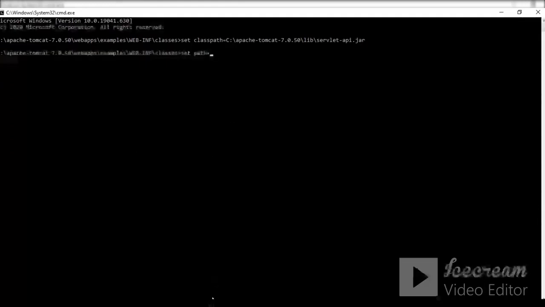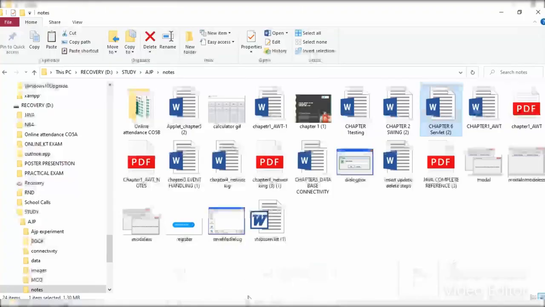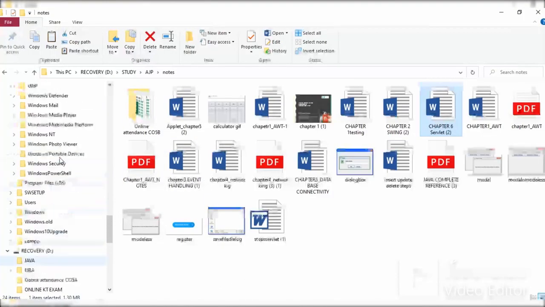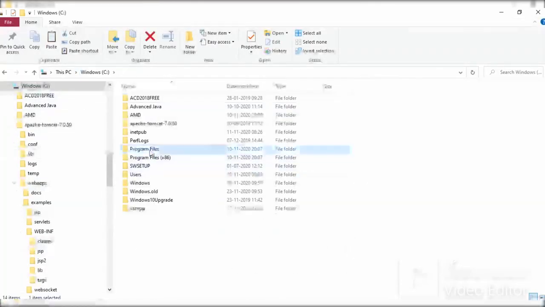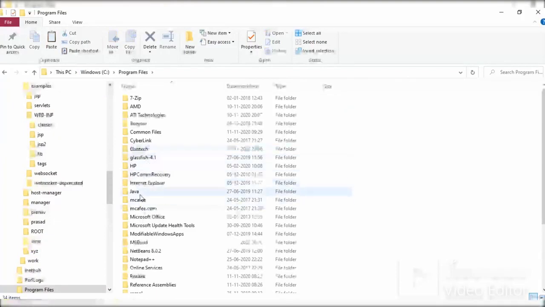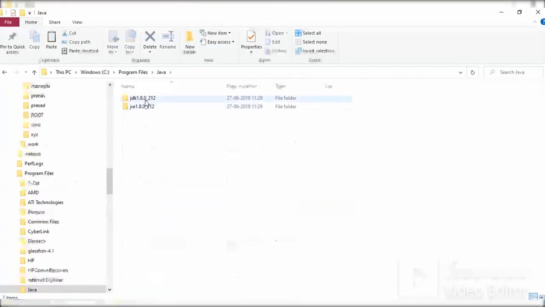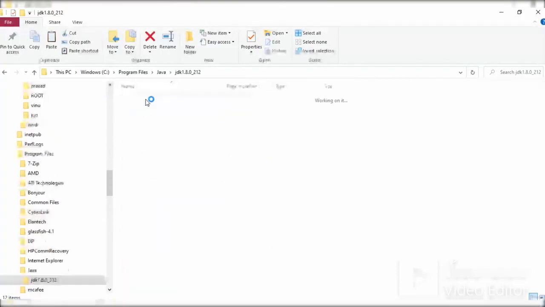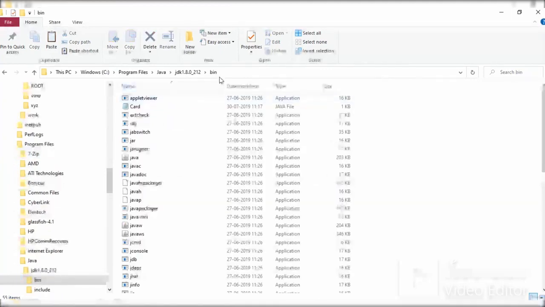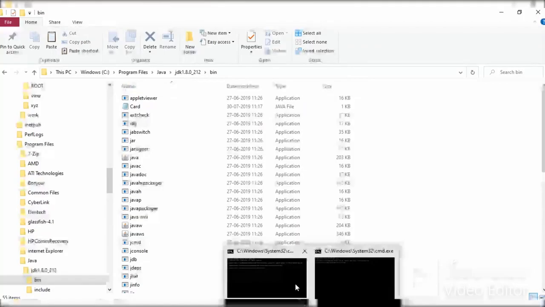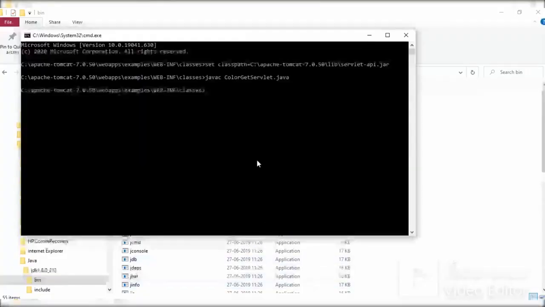Set path equal to wherever your JDK is installed. My JDK is installed in C drive, Program Files, Java, JDK 1.8, bin. Copy this address and paste.